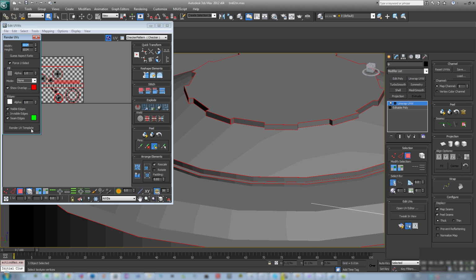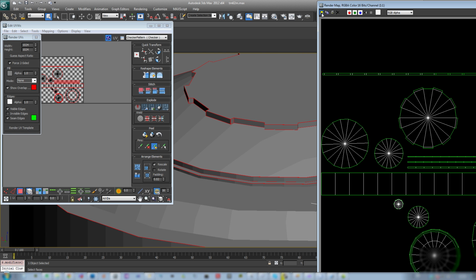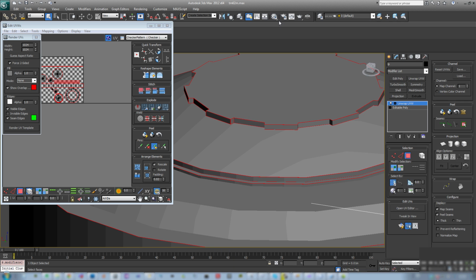I will work on 1K textures for the time being, but then they will be scaled down to 512. Okay, I save this as a JPEG. And voila, that takes care of the UV mapping. Now we can